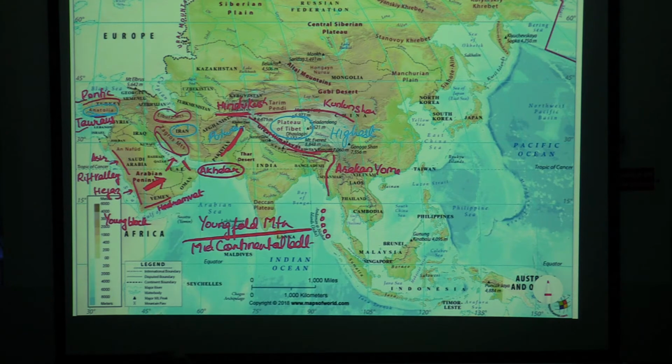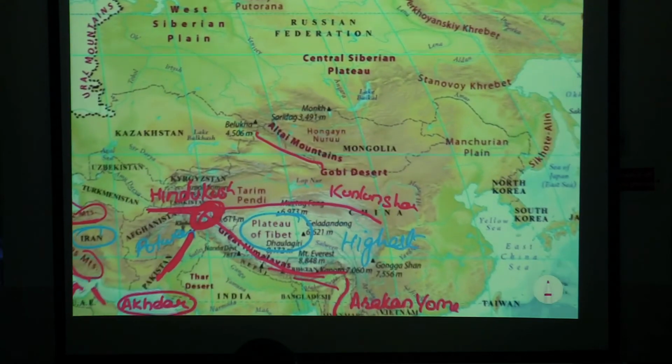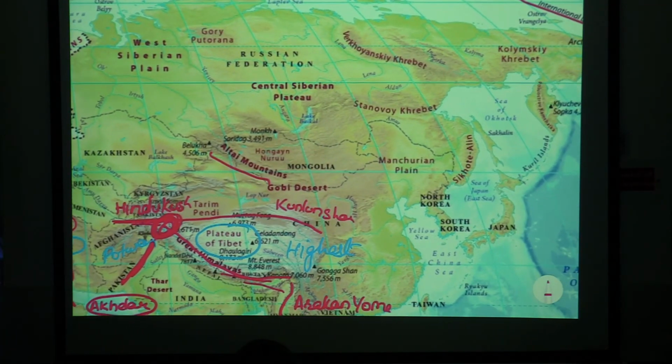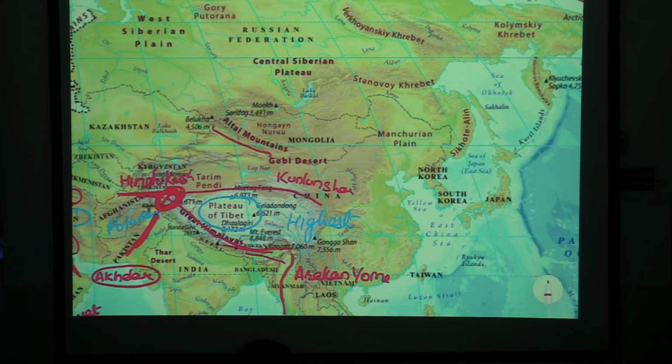Every mountain that I notice north of it, so this is my Pamir, and I am taking every mountain north of it. You can notice Altai mountain. Let me slightly zoom it up. Altai mountain, Stananov mountain, Verkhoyansk mountain are which type of mountains? Old fold mountains.